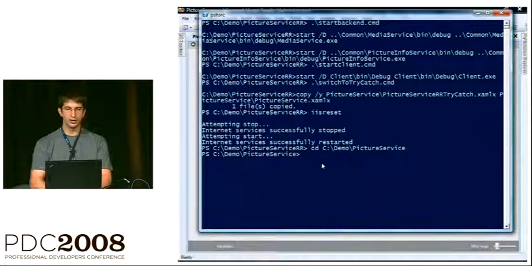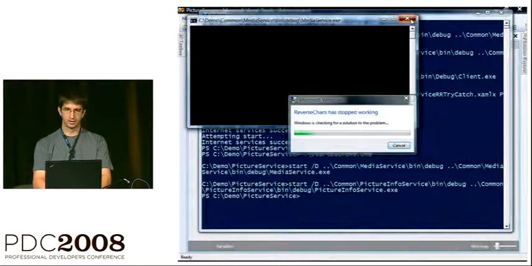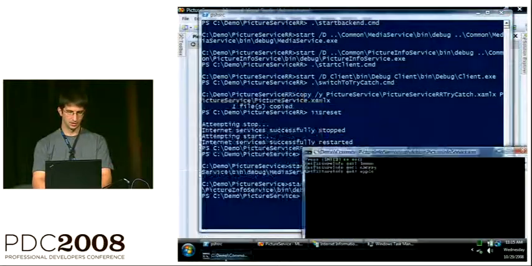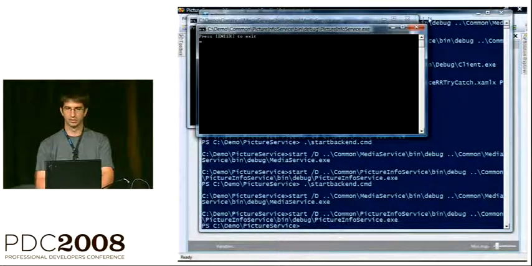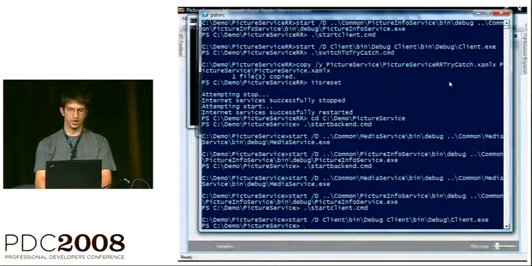Given that these are all queues, I can just start my back end here. Oh, I forgot the chicken sacrifice, but we shall recover. And I can start up my client. Actually, you know what? We're using queues.